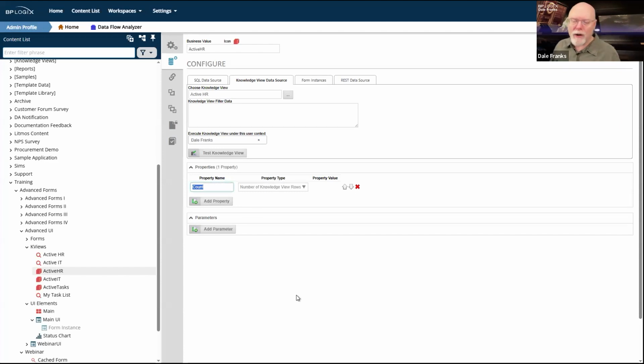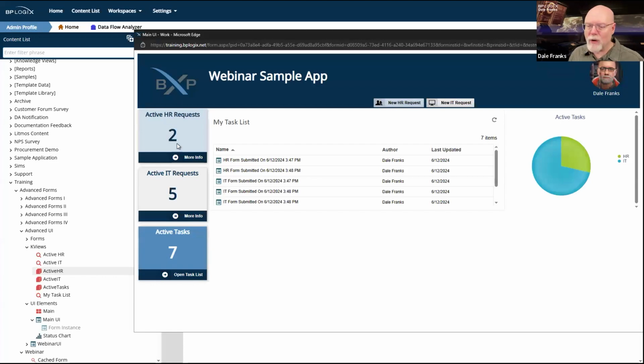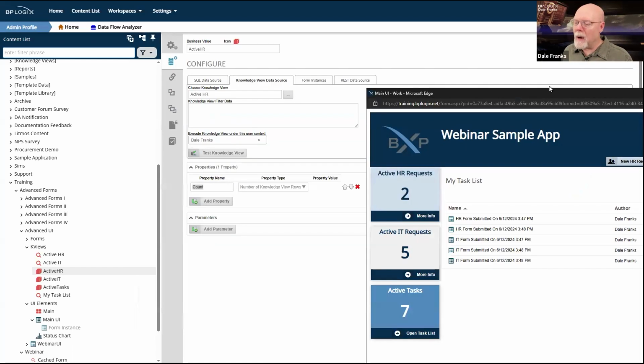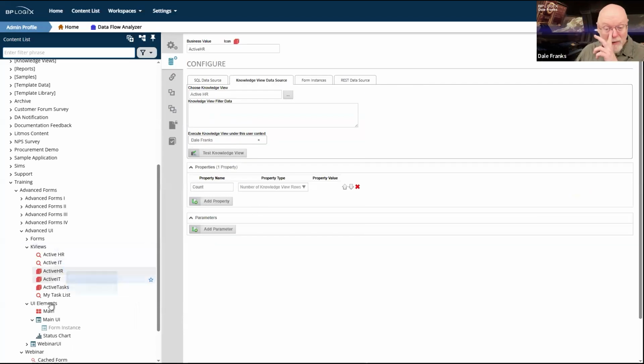And that count property is what I'm going to use to display in a system variable control on a form to get the number of actively running requests that I have to deal with whenever that form displays. And that's what's showing up right here in these big numbers. Those are just business value system variables that I've just dropped onto the form and then I formatted so that the text is a little bit larger. And that information will show up in the appropriate spot on the form when I build them. So I need those 6 things. I need the 3 knowledge views. I need the 3 business values.